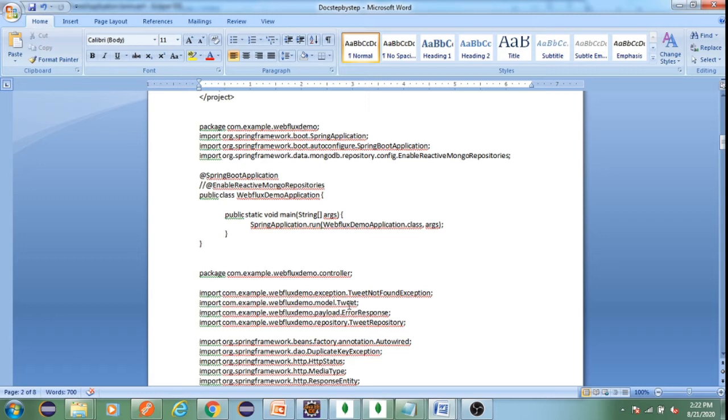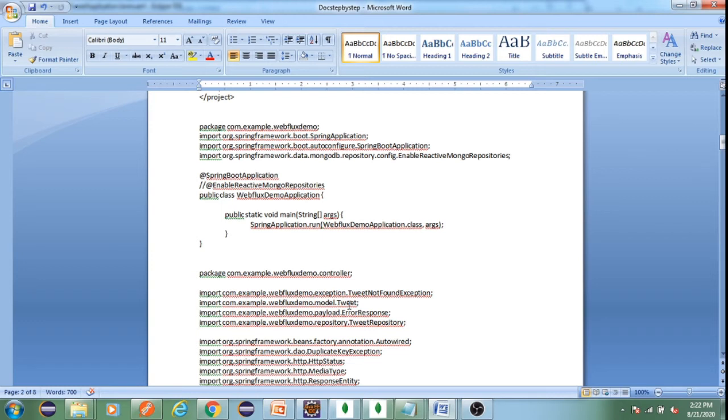And finally, we have a repository class, where this MongoDB reactive repository internally makes use of your MongoDB database to perform all the CRUD operations. So it has the implementation for all the CRUD operations: get a tweet, get all tweets, put tweet, delete tweet. I kept the Mongo database server instance on, so let's look into the application.